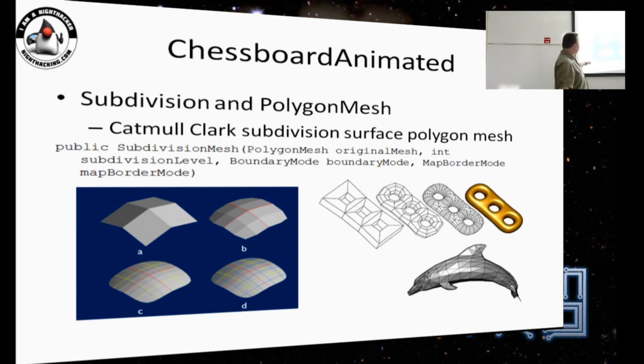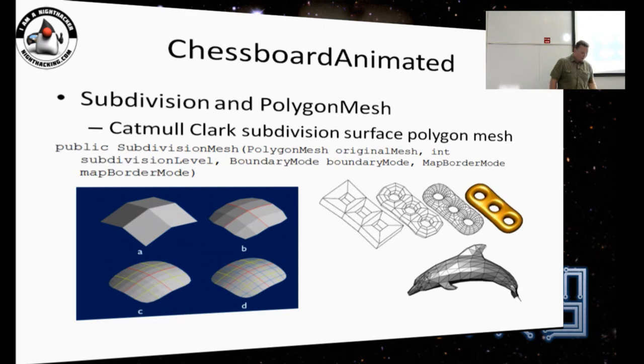And here is an example of subdivision, and that is another example of subdivision. So what happens is that in your original file you have just 1, 2, 3, 4, 5, 6, 9 points, and by doing several subdivisions you can get a nice smooth surface like this or like that.